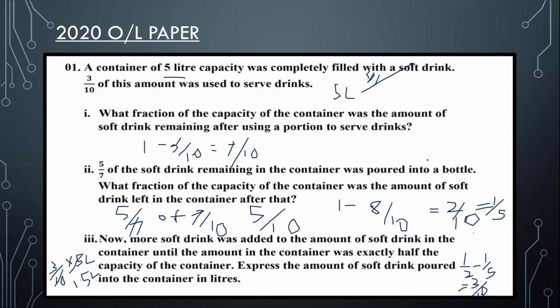Okay. So to make the tank half, you have to add more amount, right? So already you have 1/5. You have to make it 1/2, which means you have to see how much more you have to add. That is the difference. You have to add the difference. So when you subtract that, you will get the difference. The difference is 3/10. So you can see the total capacity is 5 liters. So 3/10 portion of 5 liters is 1.5 liters. So you have to add more 1.5 liters to make it half.